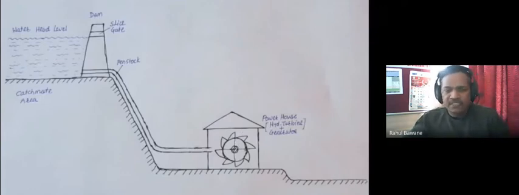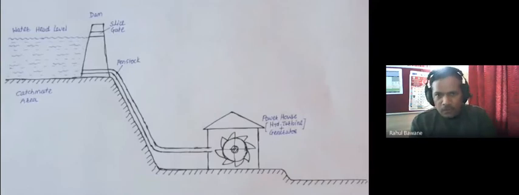Remember, many times it is asked whether in a hydroelectric power plant we generate electric energy, and many students say yes sir, but the basic law says energy can neither be created nor destroyed. We are generating electric power, not electric energy. Energy can only be transformed. So here we transform potential energy into kinetic energy when it flows through the penstock. Then this kinetic energy gets converted into mechanical energy when it falls on a turbine. This mechanical energy gets converted into electrical energy. So there is a transformation of energy.